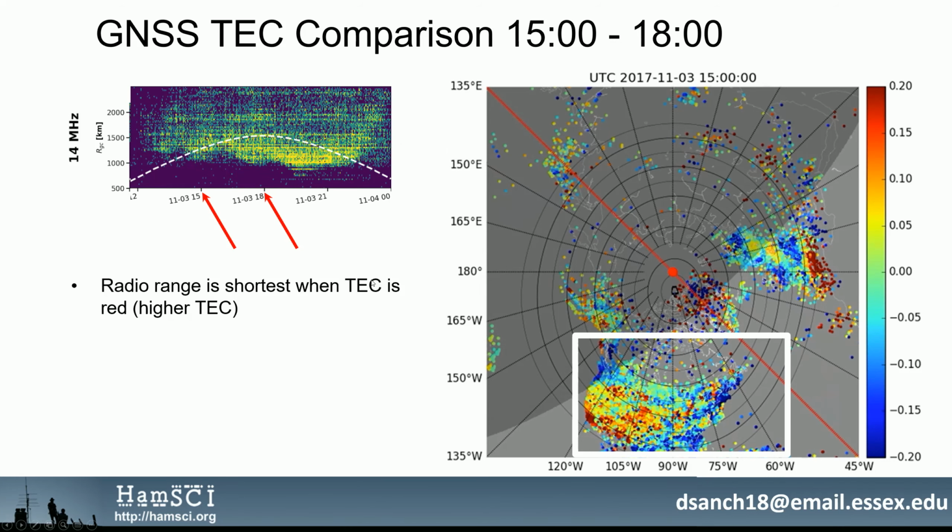Since HF refraction is associated with ionospheric density, we use GPS total electron content data to see if these wave-like structures coincided with total electron content changes in the ionosphere. More red colors represent a higher total electron content, and more blue colors represent less total electron content in our GNSS TEC plots. As the minimum skip distance rises in our ham radio plots, we see higher TEC values, and when the minimum skip distance falls, so does the total electron content. As you can see, the change in total electron content coincides with our change in minimum skip distance.